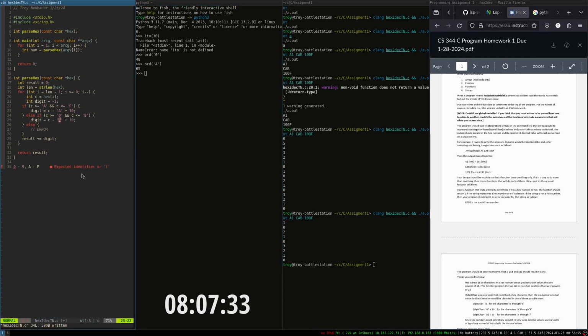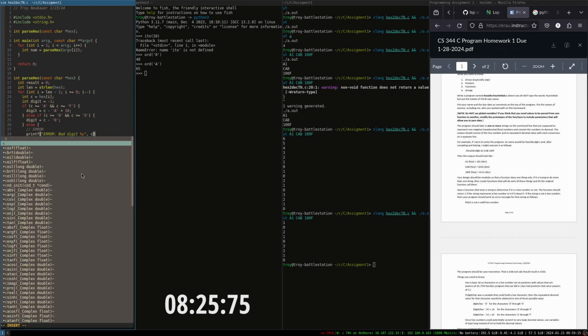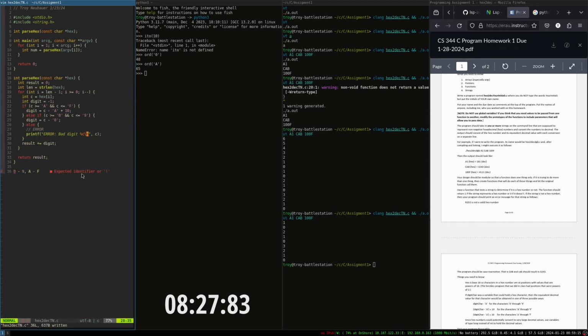And then this guy is going to be minus 0, and then it starts at 0, so we don't need this plus 10 here. And we'll just print bad digit. We'll just print a single char, which is going to be C. Okay, then we don't need this helper code anymore. We add, it's going to be,